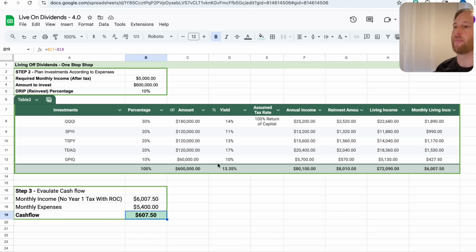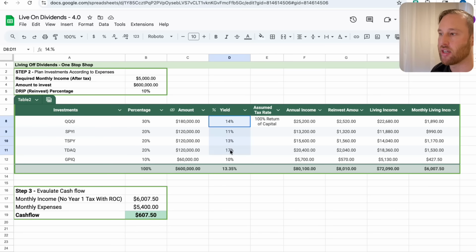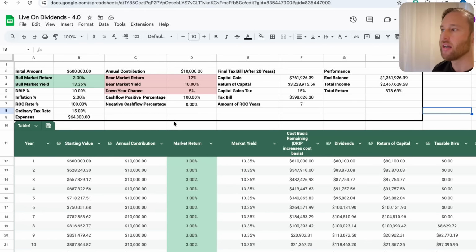All right. So that's the setup. And you can adjust all of these things as part of the Google Sheets. You can adjust these things as you see fit and adjust the yield accordingly. These are the assets that I've chosen. All right. And so here are some of the changes I've made to what's called future proofing with return